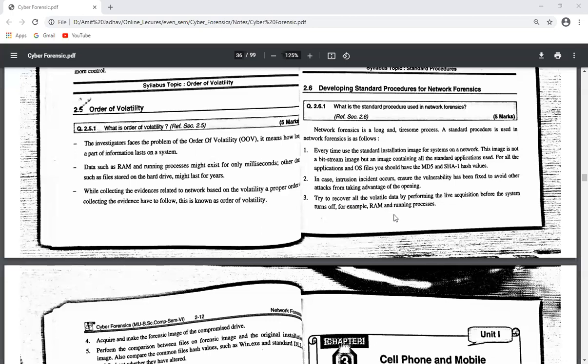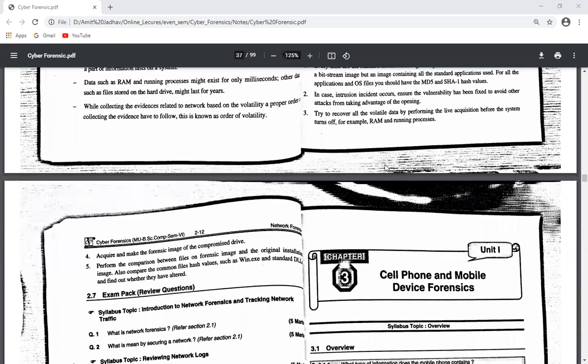The network forensic developer collects all the volatile data from the computers, like RAM and running processes, by performing the live acquisition.